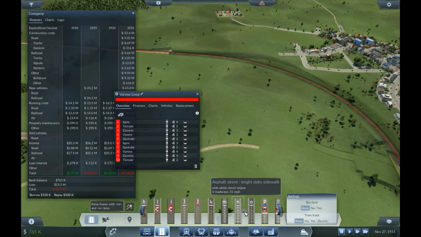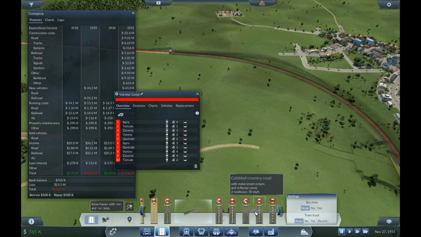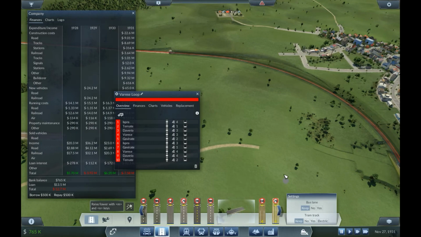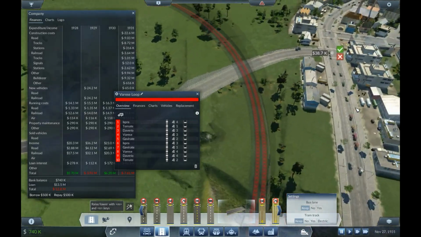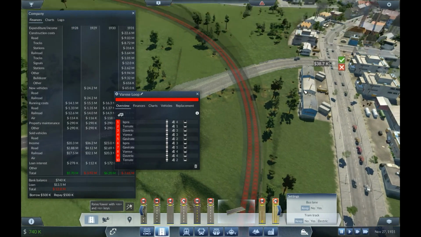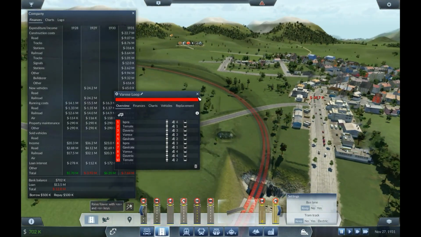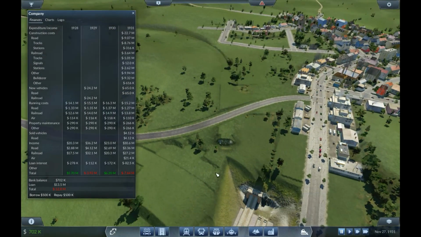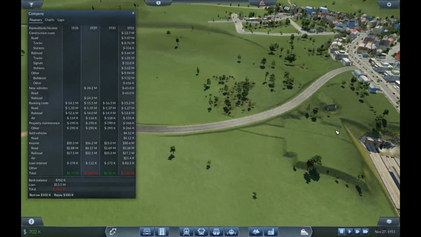I do want to get this road hooked up. A bit of medium country road. Start expanding on these roads as well. That's not. Yeah, no. I was just making sure that I hadn't created a crossover. Yeah, we're miles above it. Right, so